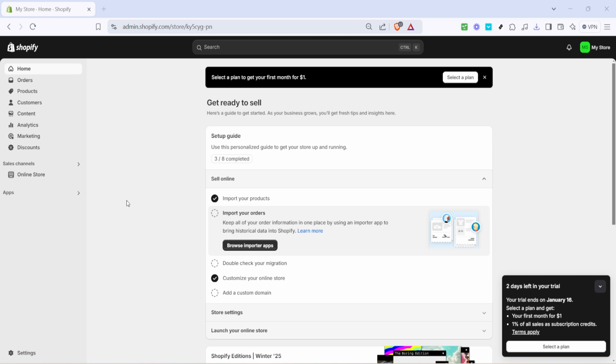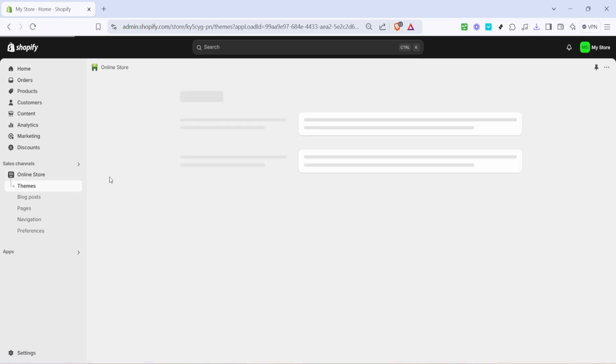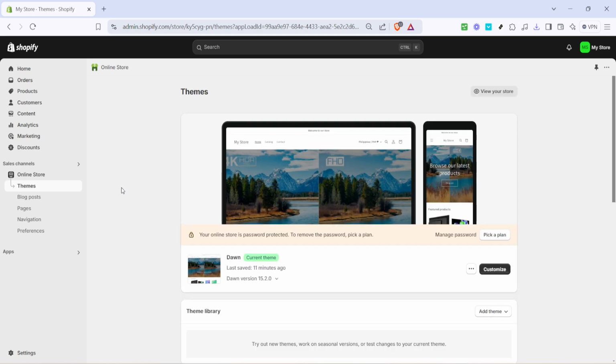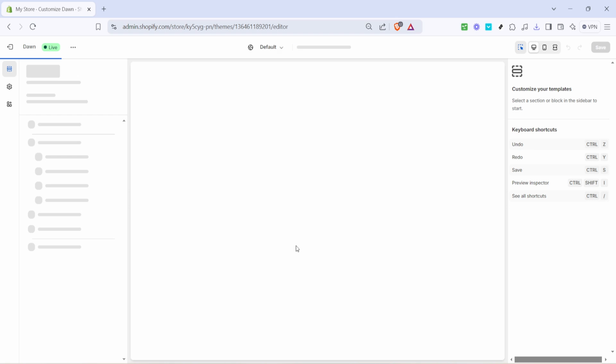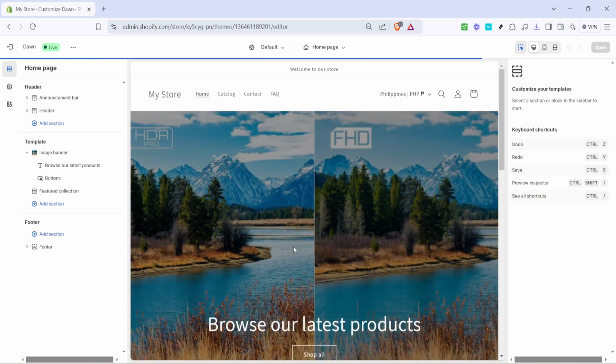From the Shopify admin dashboard, you'll notice a sidebar on the left. Click on Online Store. This will open up a sub-menu where you can see various options related to your store's theme and design. Next, locate and select Customize. The Customize option is your doorway to editing your theme and adjusting various elements, including the header where you'll be